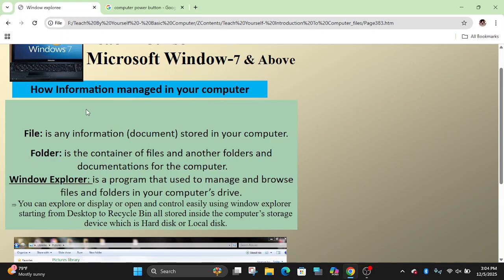When we know how to manage our information or files inside the computer system, we become user friendly, and we can control the computer system. How is information managed in your computer? First, we have to know what a file is. By default, by trial and error, we copy from our flash disk, or we receive from our friends or collaborators or team workers, or we may download from the World Wide Web. But we have to know the specifics.